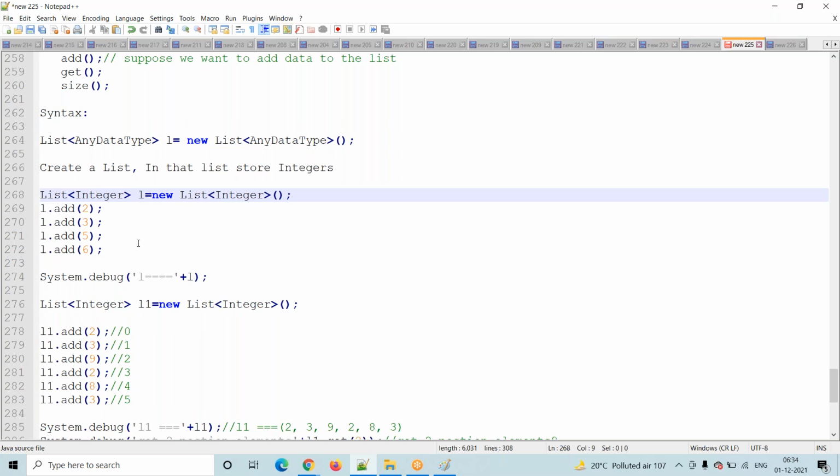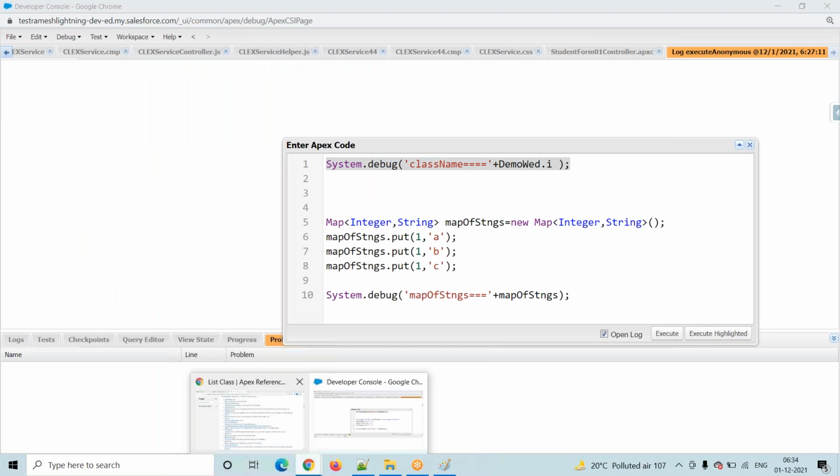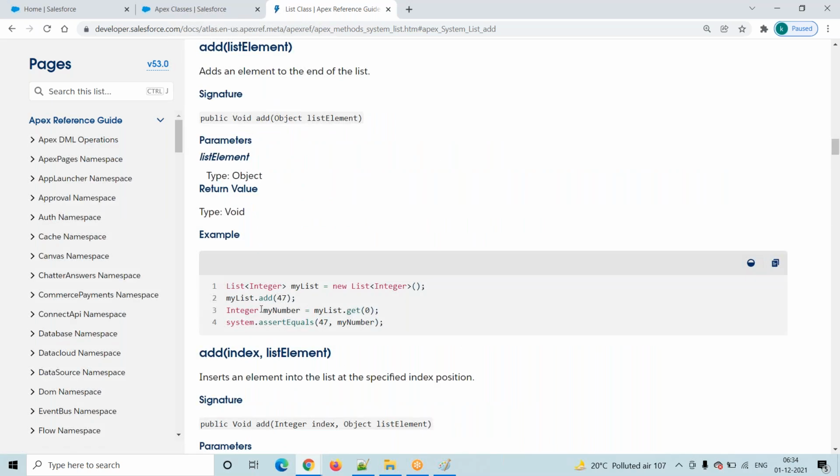Now we have to add elements to the list. How to add elements to the list? We have one method, the add method. Click on this one and it will go here. Suppose we want to add an element: variable dot add. Which element are we adding?